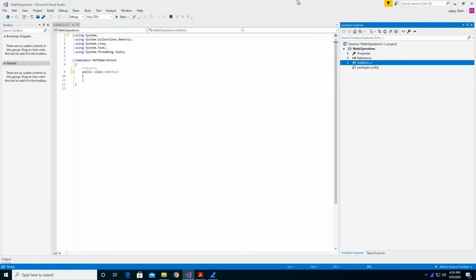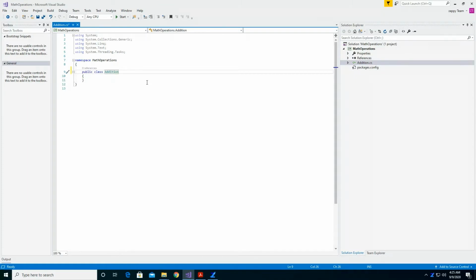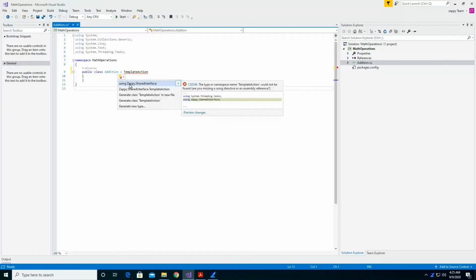Now we need to implement a template action, which comes from the shared interface, to start with. Type TemplateAction, place your cursor on it, and use the shared interface.